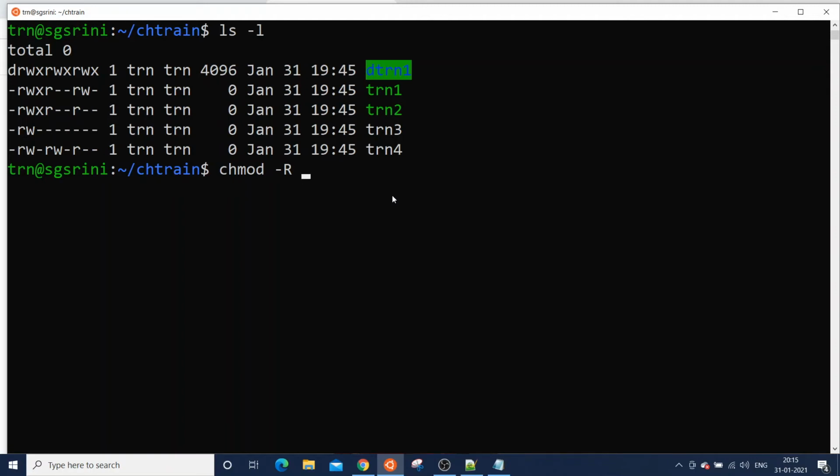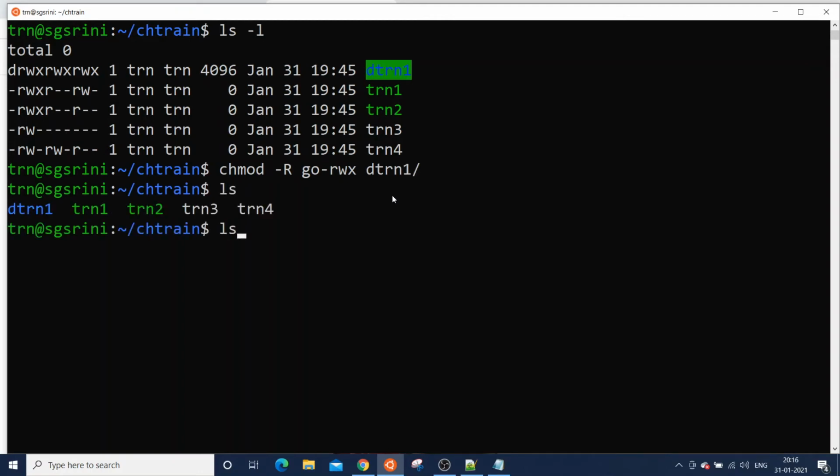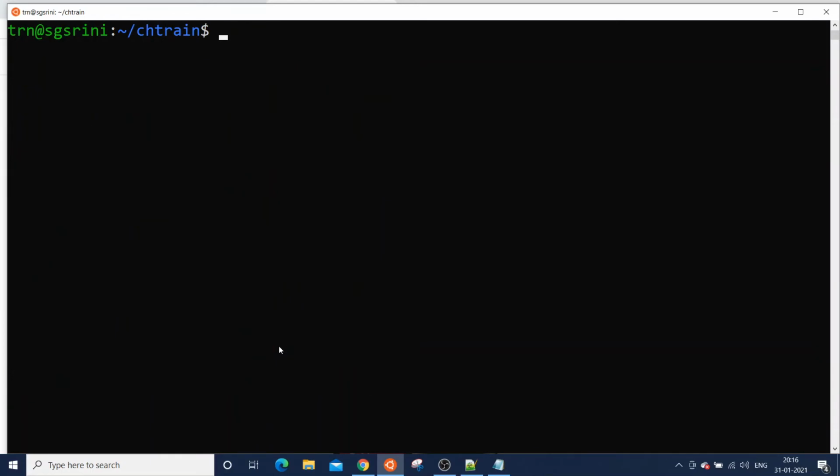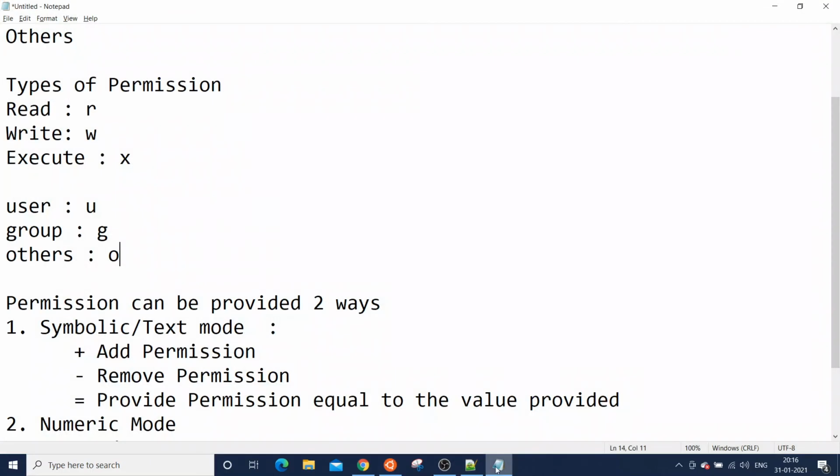For group and others I will remove read, write and execute access. So let's see. This folder is only seen by the creator and others do not have permission to see it. So this is how we provide permission by the symbolic or the text method.